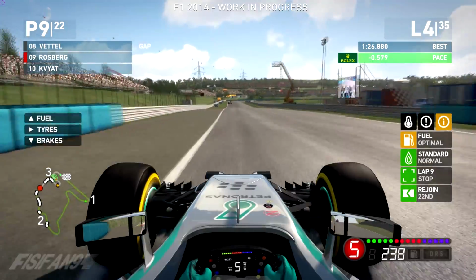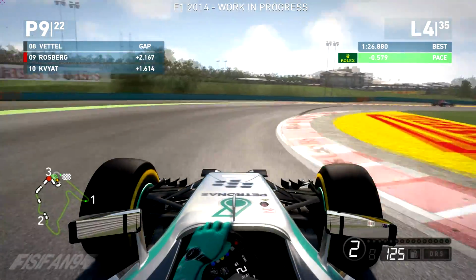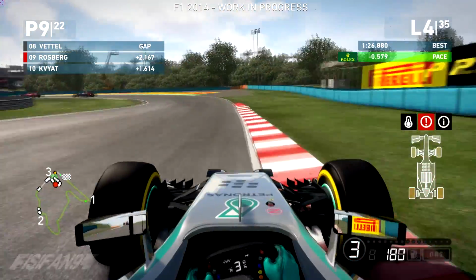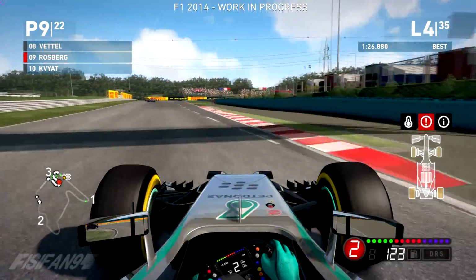And as you can see, the fuel is still unoptimal after 4 laps in standard, so I thought I'd try to close this gap by putting it up to a rich fuel mix, to try and close this 2.1 second gap up to Vettel as quickly as possible. And you can see that the tires are also starting to wear a little bit, but it's not too bad